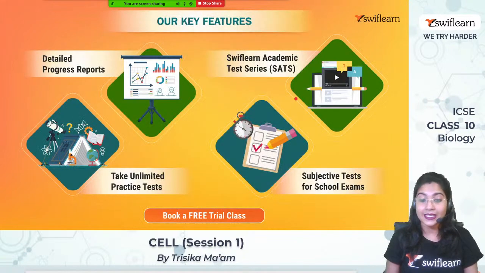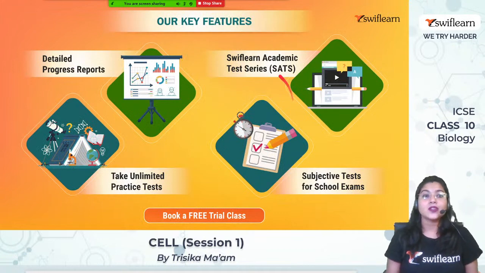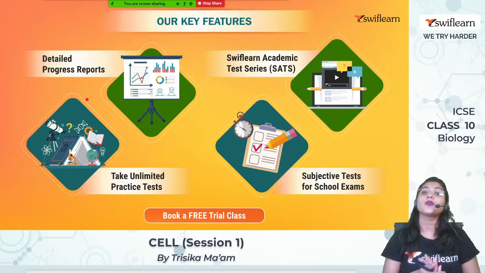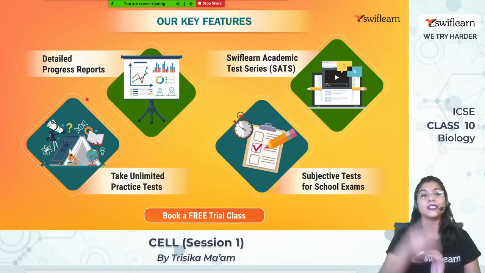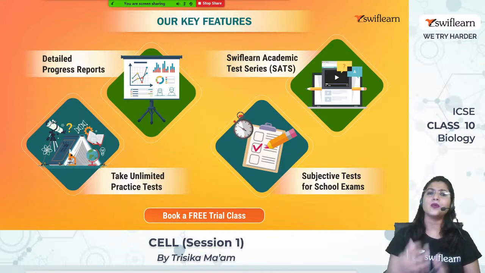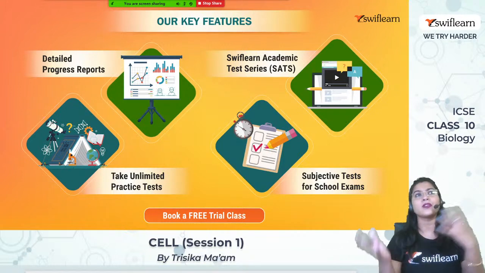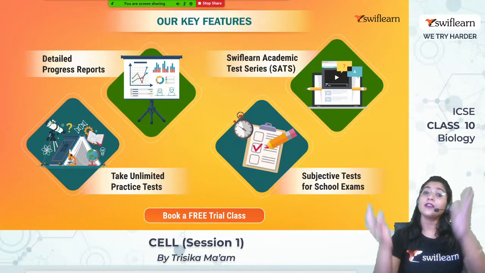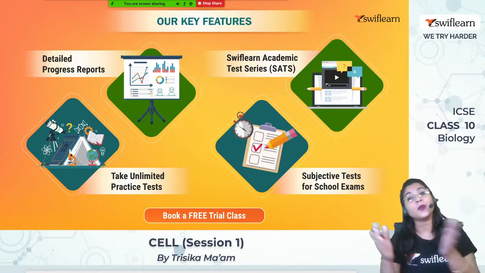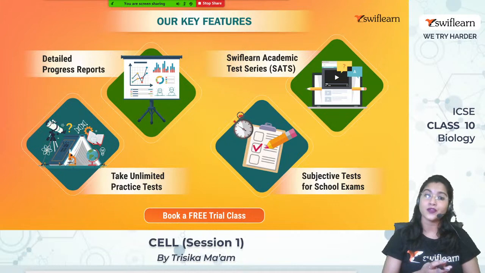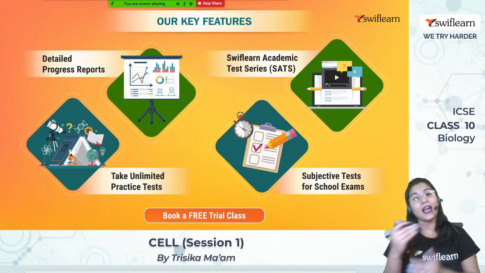Let us find out what the key features of Swiflearn are. The very first key feature is that we maintain a detailed progress report of each and every student. This progress report contains whatever you are doing in the class, whether you are attending the classes or not, whether you were doing the homework or not, in which topic you were totally prepared, which topic you were lagging in, so you need improvement. Everything is there in the progress report,